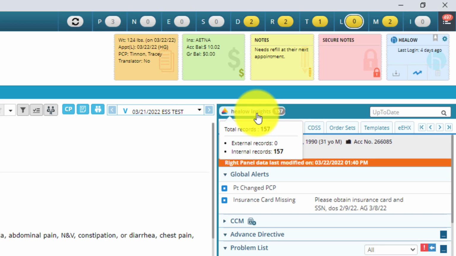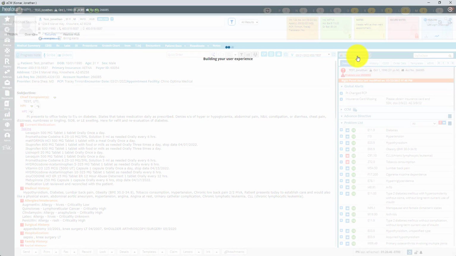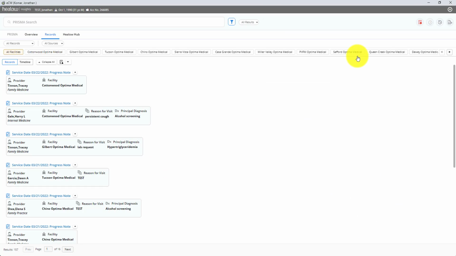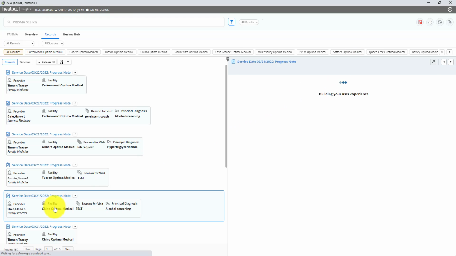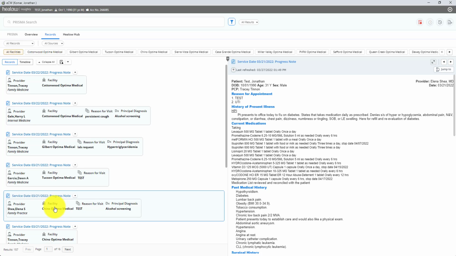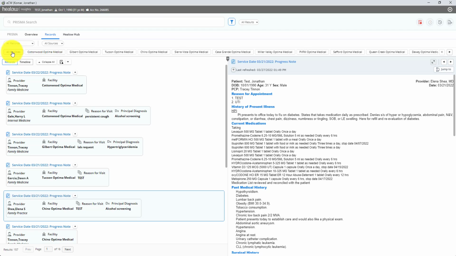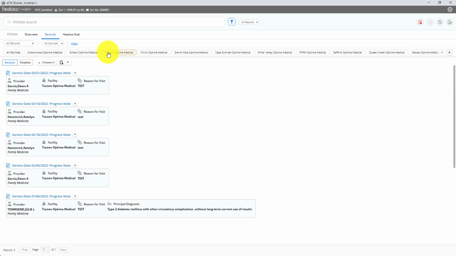But if I click on this button, it pulls open the PRISMA search engine, and it instantly shows me all the progress notes that I can view for this patient. And all I need to do is click on one of these progress notes, and it shows the whole note on the right side of the screen. Now, you'll notice that it allows me to condense down my search. If I need to look at a certain facility, I can click on any one of these different facilities up top and narrow it down to that one location, or choose all facilities where this patient has been in the